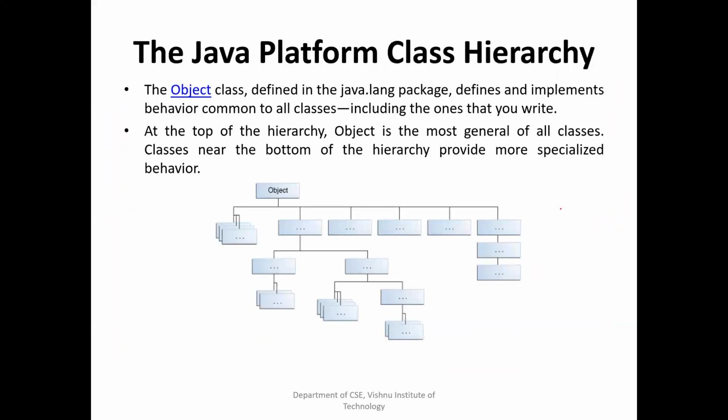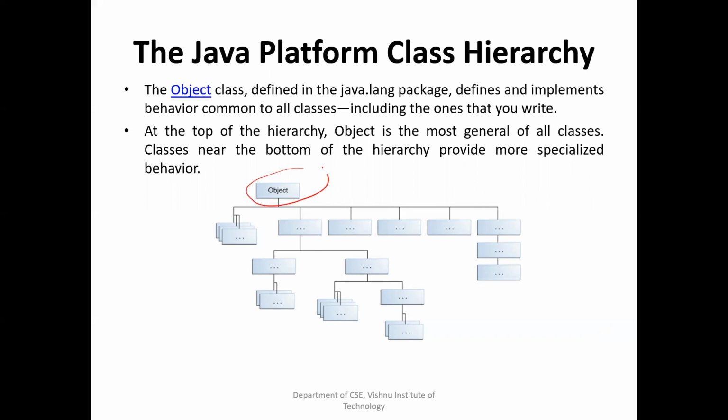So, if you might have known about Java API, Java API is also organized as a class hierarchy. That means all classes are subclasses of another class. If you read about exception handling, exception class hierarchy, in that way you'll read, no. For all the classes in the Java API, the superclass is called Object class.